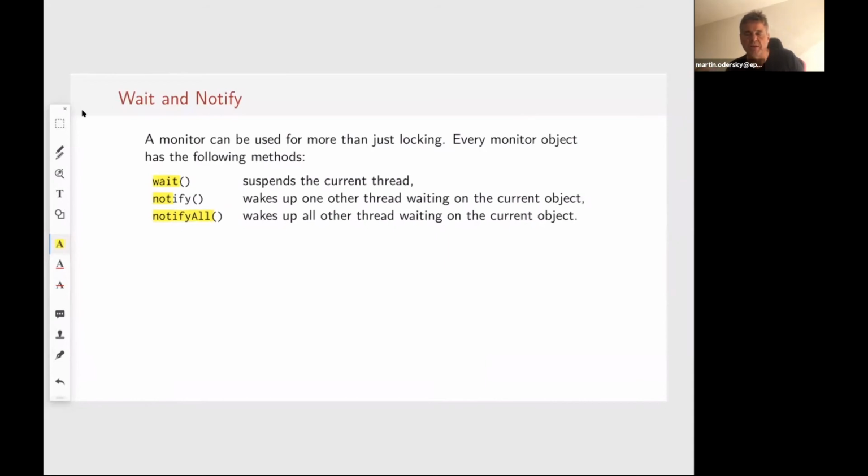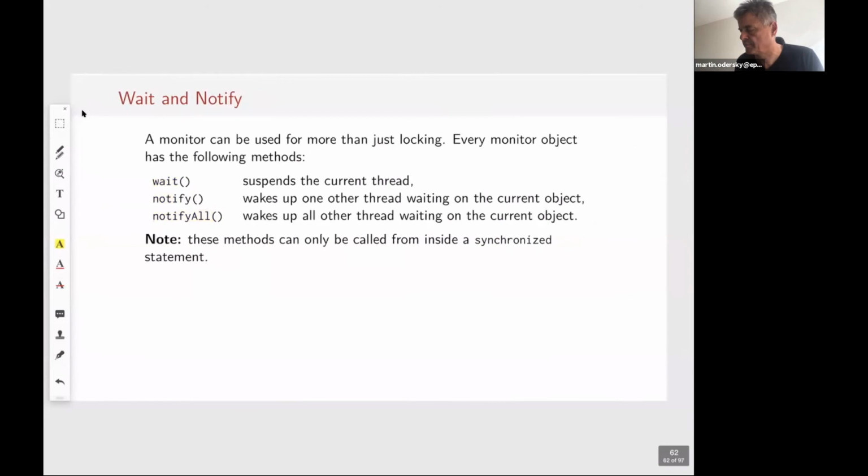But that would be pretty complicated to compile, to implement, because essentially we as a programmer would say, well, you as a compiler, you should know when you need to reevaluate that condition. So what the JVM actually has is something much simpler. It just says, okay, we wait unconditionally until somebody notifies. So we'll see that in action in the next slide. One note is that all these methods can only be called from inside a synchronized.